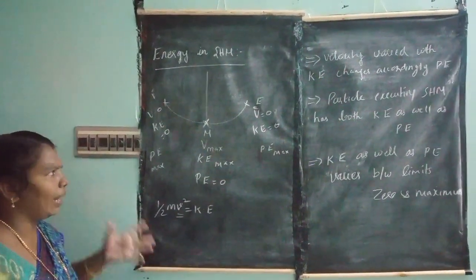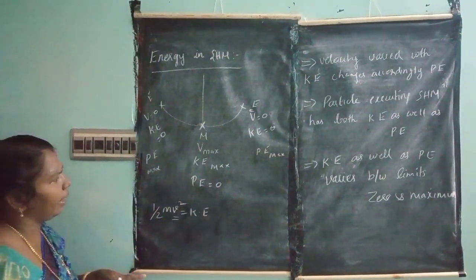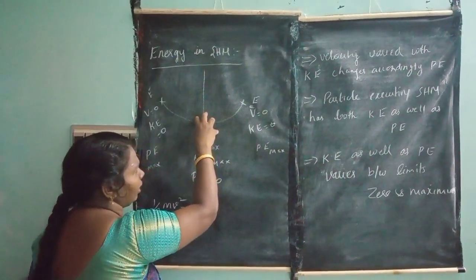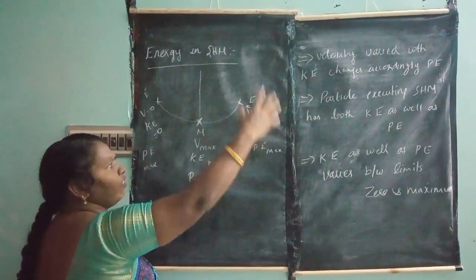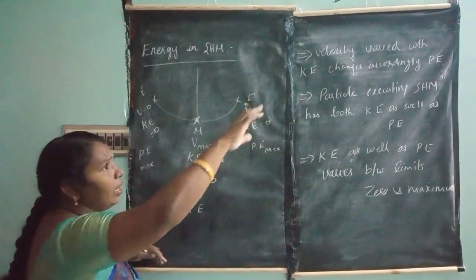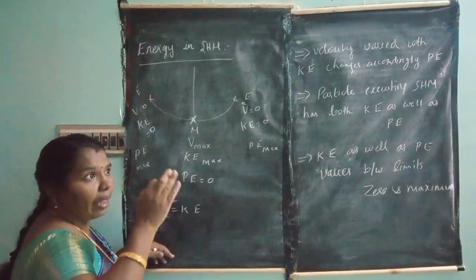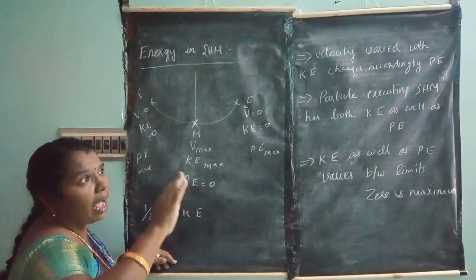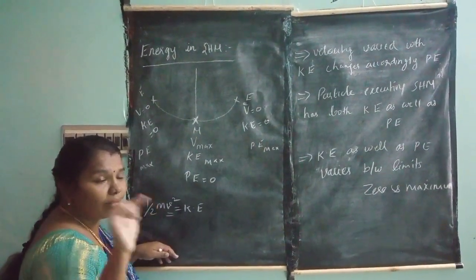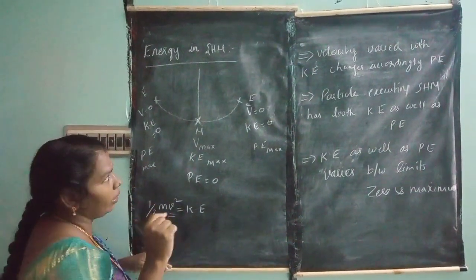So how does the velocity change here? When I talk about the kinetic energy, the velocity is maximum at the mean position. You know that at the extreme position, at infinity, the velocity is equal to 0. I discussed this topic in gravitation: at height h equal to infinity, the velocity v is equal to 0. We discussed this in the gravitation unit, that is volume 1.